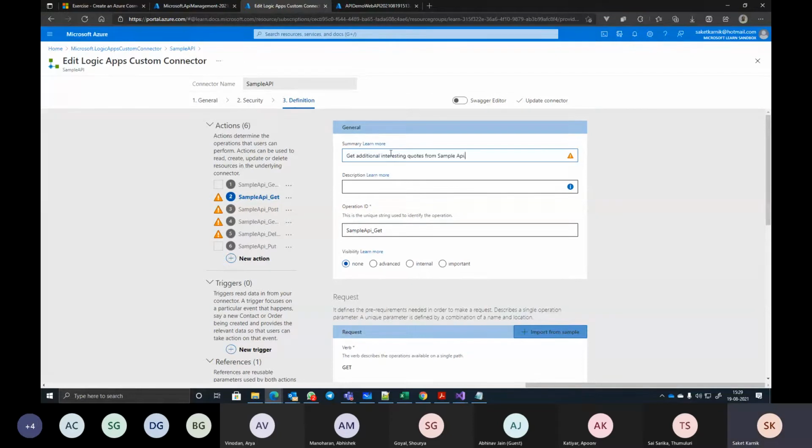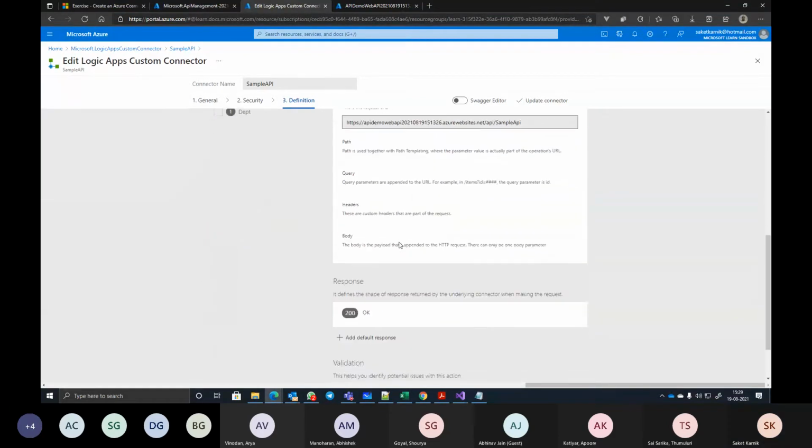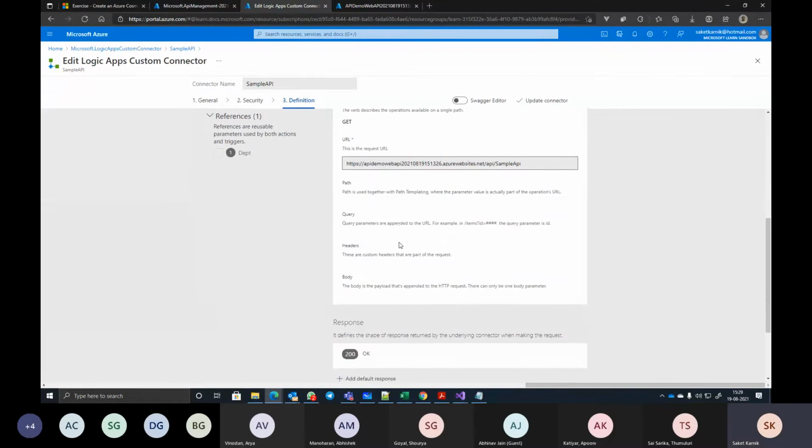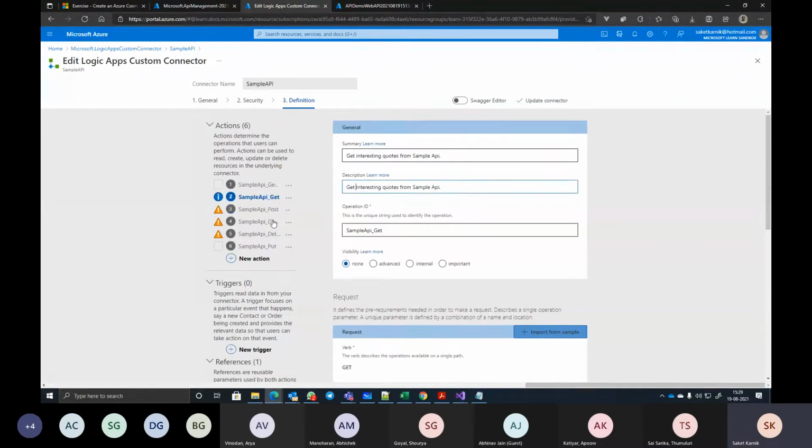This is right one. So I'll say get interesting quotes. Then I go to the next one where I say this is for post interesting quote to sample API.